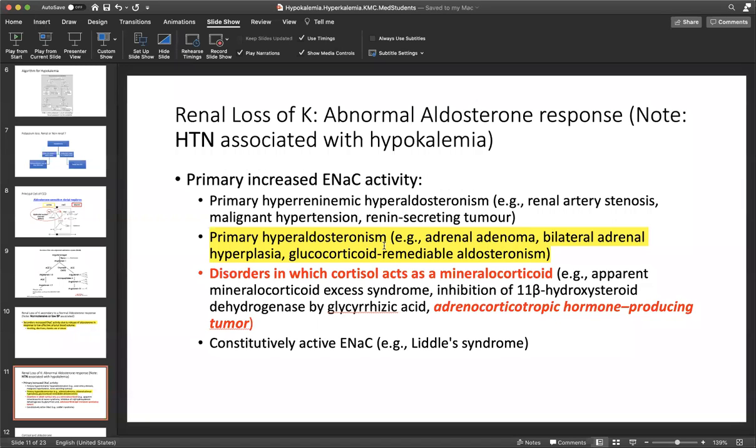Now we know that almost 3 to 10% of patients with secondary hypertension have primary hyperaldosteronism, which means there is an adrenal adenoma which secretes aldosterone, or sometimes there is bilateral adrenal hyperplasia. Now, these are conditions which you don't really have to think about now, but you just need to know that